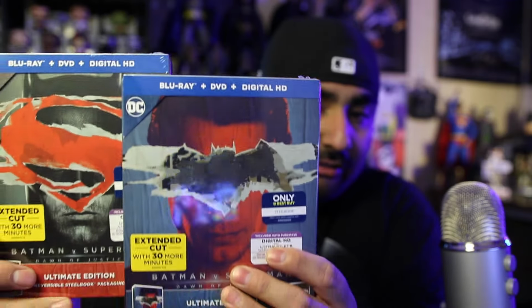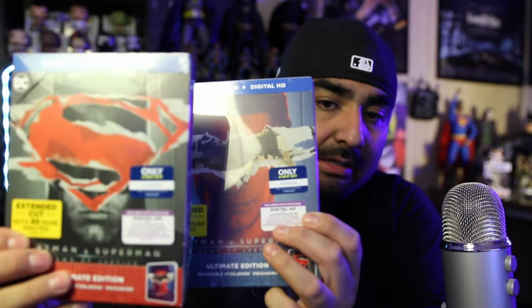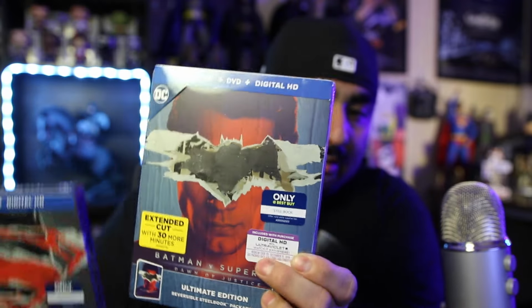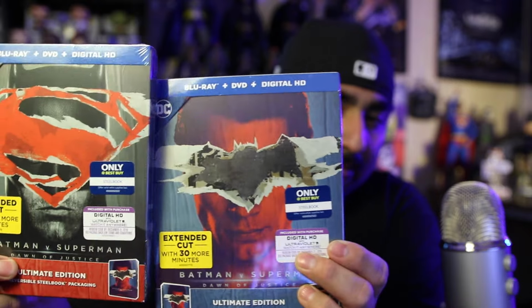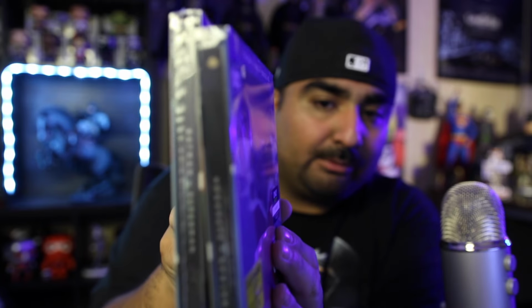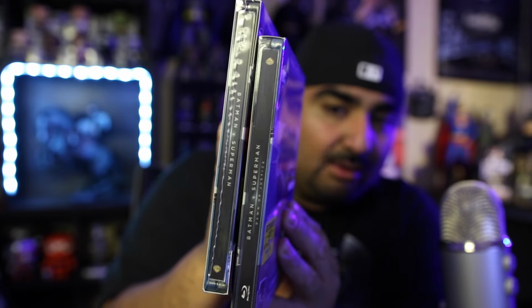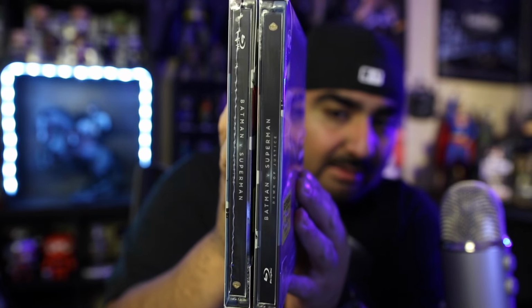The reason I even found this out was when I was looking at the front, right? Different covers at the bottom. Even the bottom has red on this one and blue on that one. And so you think you're picking up two different steelbooks, but in reality, if you turn them around and look at the spines, do you notice that one of them is upside down? You know why? Because the real way of...